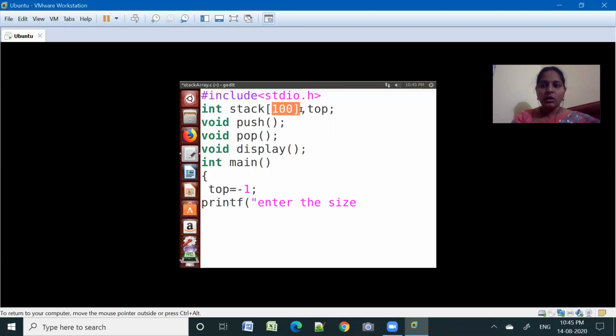If you want to give your own size, you can. If you want to store only 10 elements, you can specify the size as 10, and within that 10 you can store any number of elements, either 1 or 2 or 10. So I am again asking the user to enter the size for the stack.